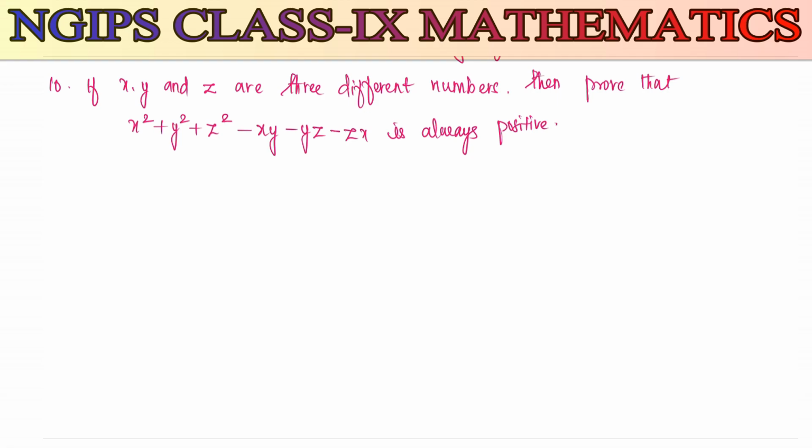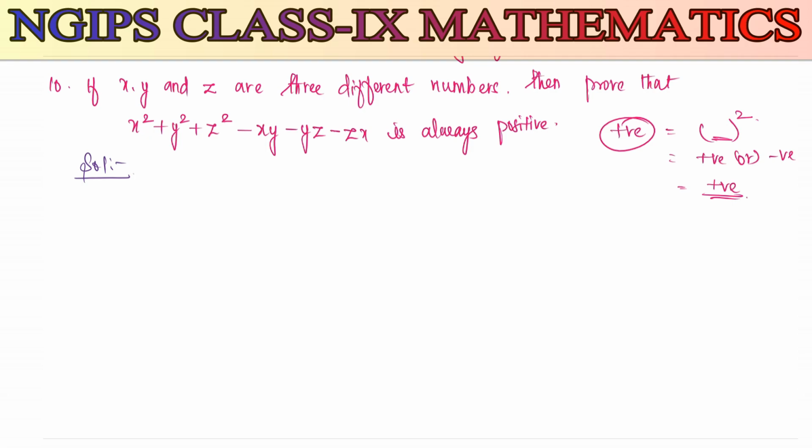We know very well when we can say it is always positive, it has to be in the square numbers. When the number is in the square, then either the base may be a positive value or a negative value, definitely the value of that will always be positive. So here also I am going to apply the same concept.